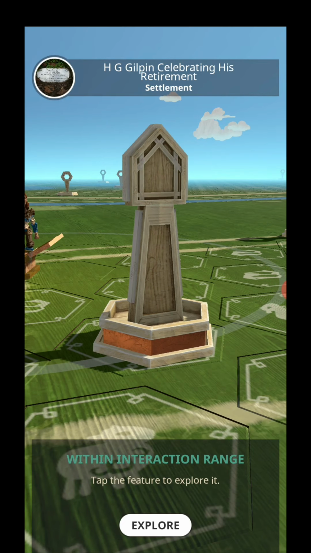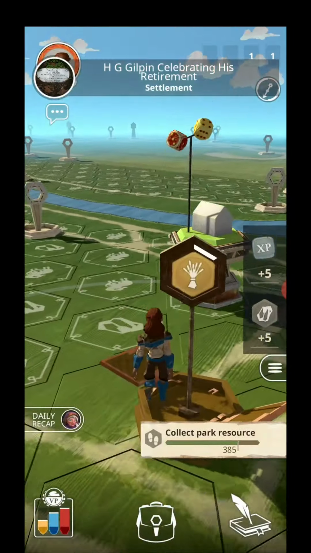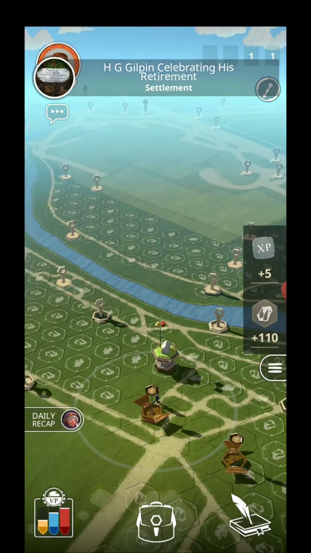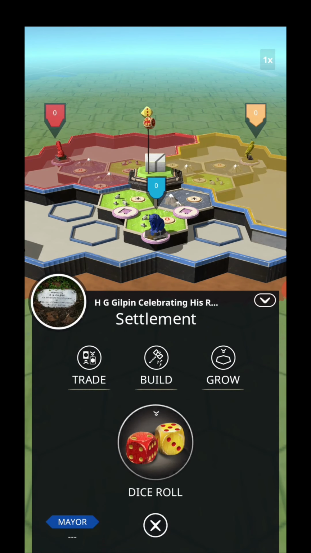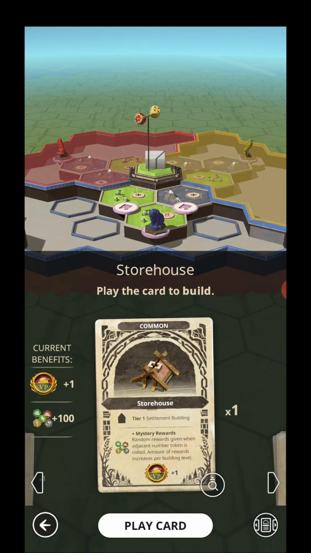The other thing you'll notice here is you have your interaction circle, but your park tile pickup is a lot smaller than that. You'll also gain resources discovering a settlement. So here, standard build, so I'll pick